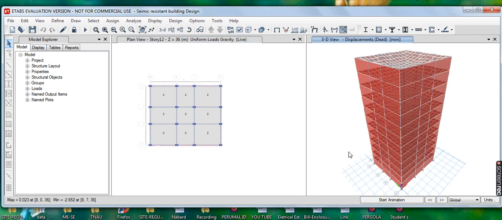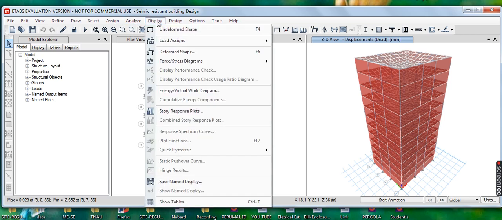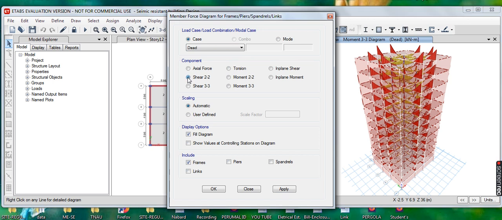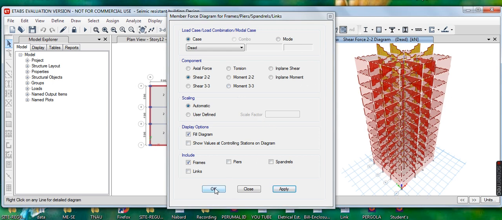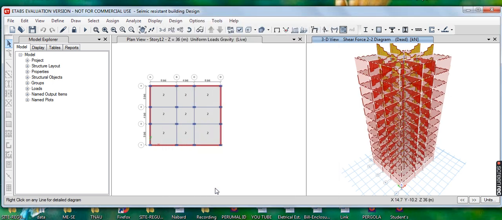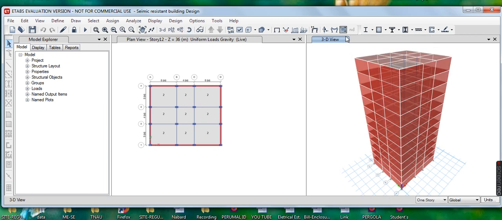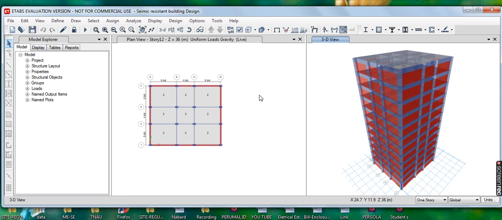Now the analysis is over. You can see the shear. Now display undeformed shape in 3D view and go to extruded view toggle. Now let us go to design,